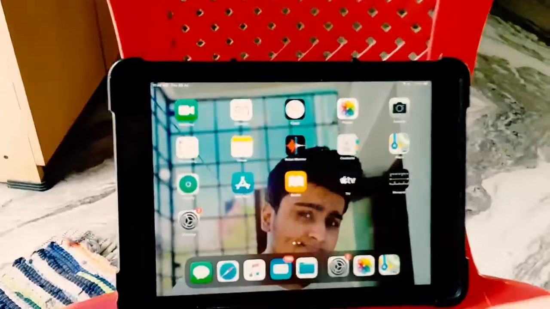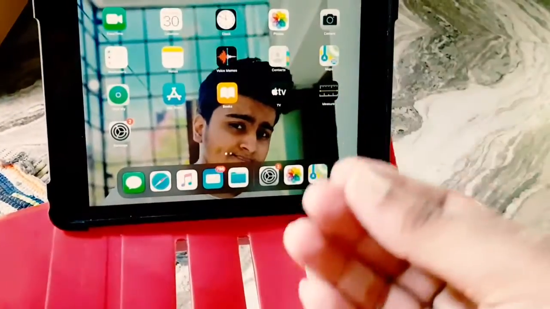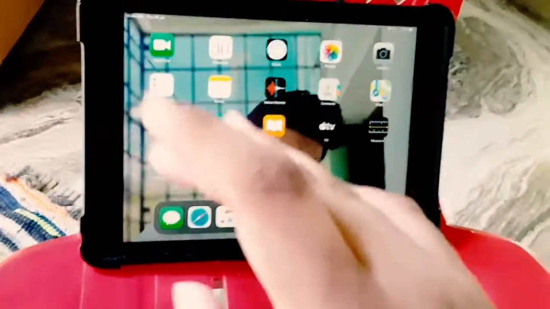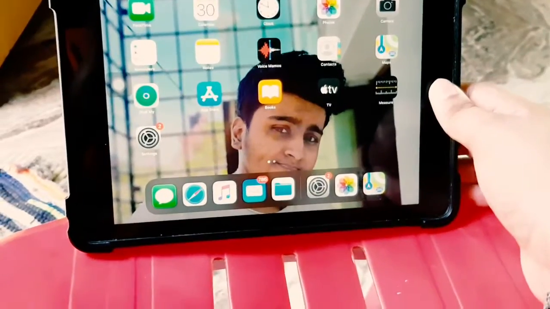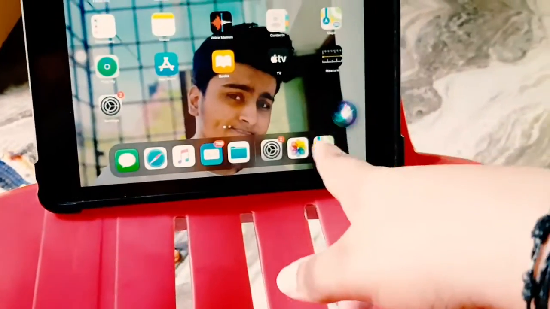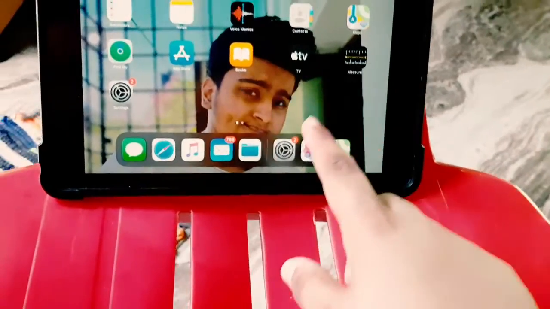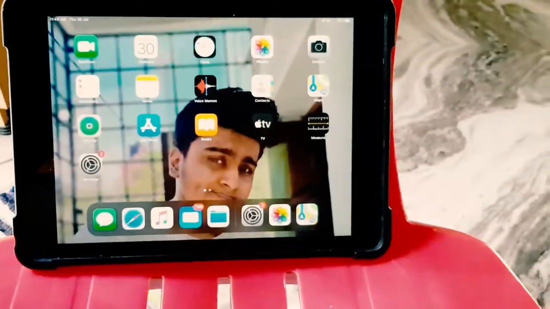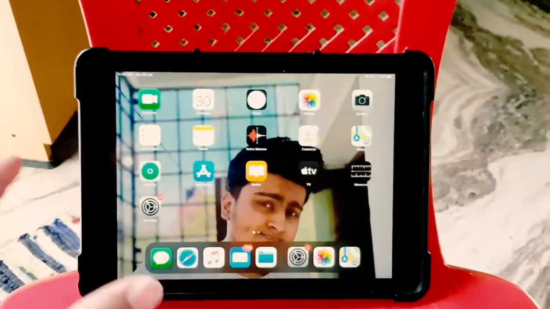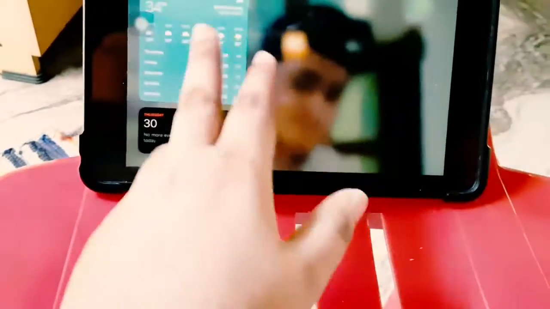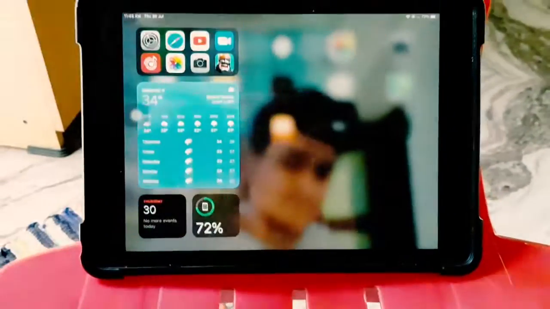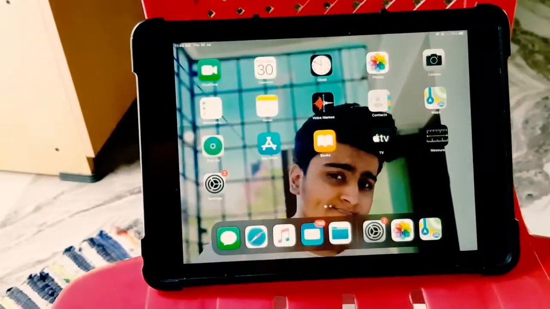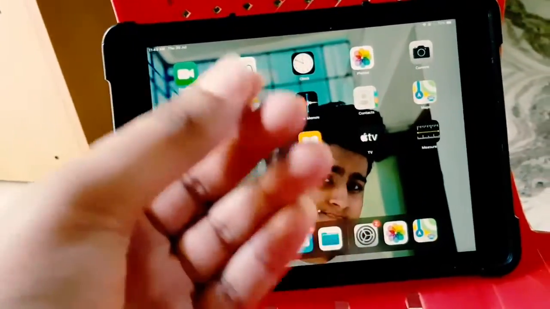So I was saying the last and the best thing, the fifth one, is Siri. The voice assistant Siri is usually very big when we long press it, but now it's totally different. I'll show you how it looks. You can see it looks very compact and very fast, I need to say. Even loading apps is very fast and very good. And you can see how the UI looks. Some people say it's copied from Android, but still we got to see something new in iOS.